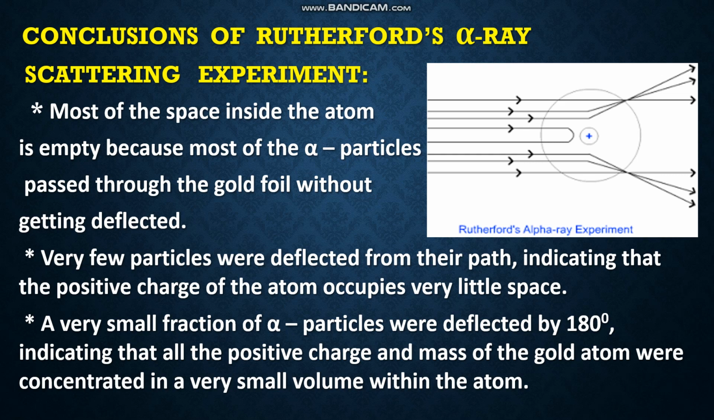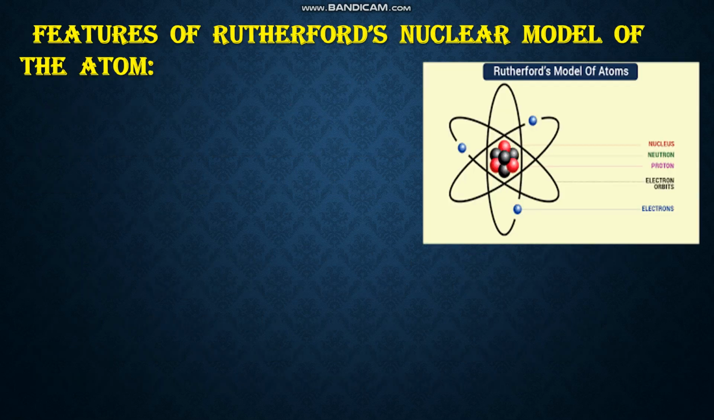Then we have seen very few particles were deflecting. From that what we can understand? The positive charge of the atom occupies very little space. Then very small fractions were bouncing back. What does it mean? All the positive charge and mass of the atom are concentrated in a very small volume within the atom. So from this observation,